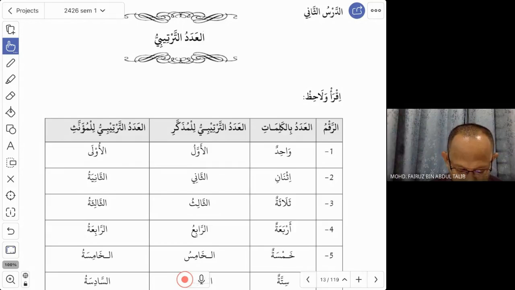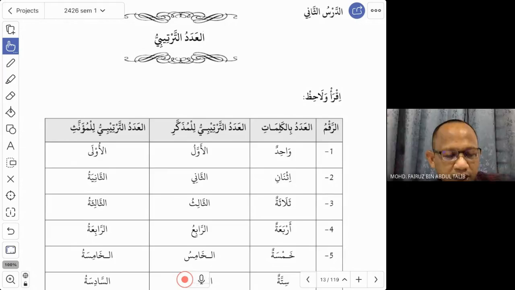But if you look at the lesson, we have muzakkar and muannas versions of the numbers as well. So what we have mentioned just now, these are all lil muzakkar. So if you want to say the first boy, the second boy, the third boy, and so on, you have to say al-waladul awwal, al-thani, al-thalith until al-ashir. But what if you want to describe a woman, a female, a muannas? So how do you say the first for muannas? We don't say al-awwal anymore, we change to